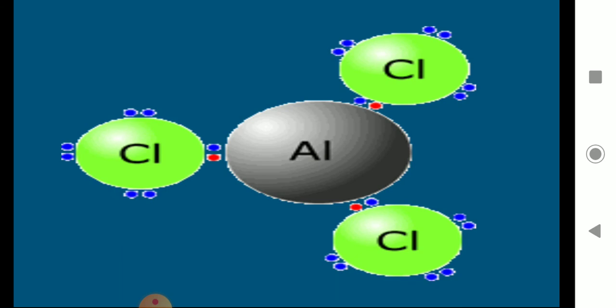Next is aluminum chloride. You could see, for aluminium to give electrons, aluminium requires to give 3 electrons and chlorine requires to take only 1 electron. So when aluminium is giving 3 electrons, what will chlorine do? Each chlorine will come and take 1 electron from aluminium. So see how the formula becomes AlCl3. Al is aluminium 1 atom and Cl chlorine is 3 atoms. So the formula will become AlCl3, aluminium chloride.